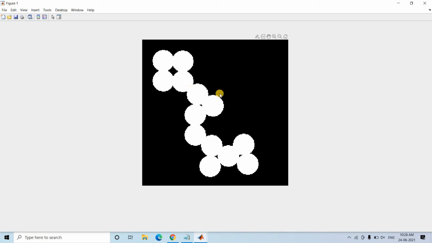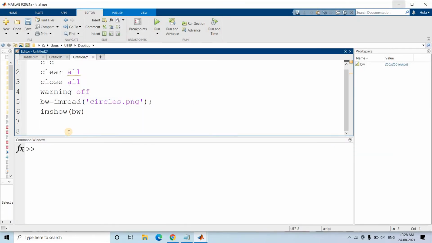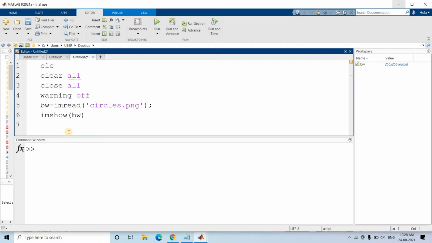You can clearly see the first problem: in the image, the different circles are overlapping and closely connected with each other. So if we directly apply watershed segmentation, it is quite obvious that it will not be segmented properly. But still, let us have a try. We might not know if it will work properly; in the back end, they might have handled this kind of scenario. Let us check.